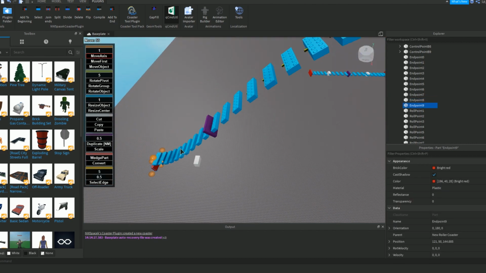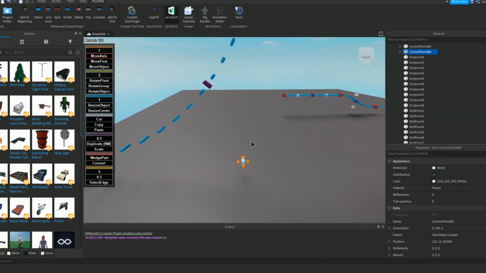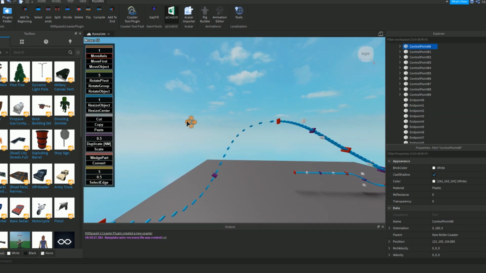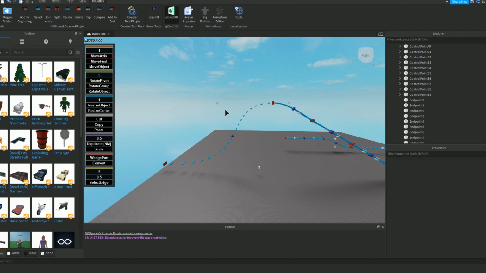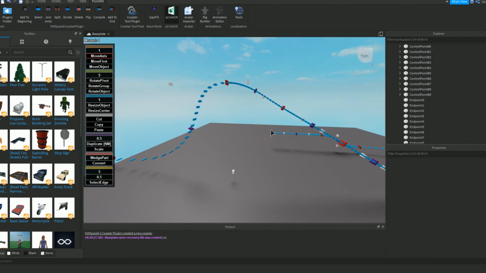I'm just going to drop it down, just like that. And I'm going to do that. That's a nice drop. And make it a steep drop. There we go. Now when you got your drop done,